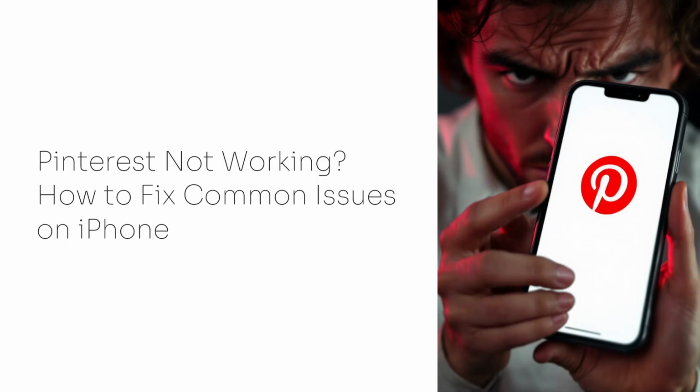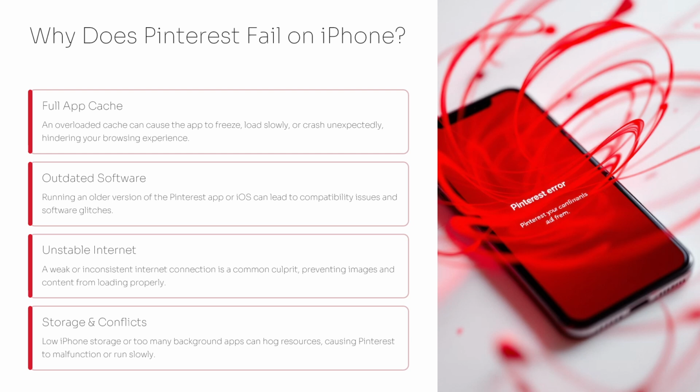So here, if Pinterest is not working on your iPhone, here are the things that you can do. Why does Pinterest fail on iPhone? Full app cache and overload: cache can cause the app to freeze, load slowly, or crash unexpectedly. Outdated software: running an older version of the Pinterest app or iOS can lead to compatibility issues and software glitches. Unstable internet: a weak or inconsistent connection prevents images and content from loading properly. Storage and conflict: low iPhone storage or too many background apps can hog resources, causing Pinterest to malfunction or run